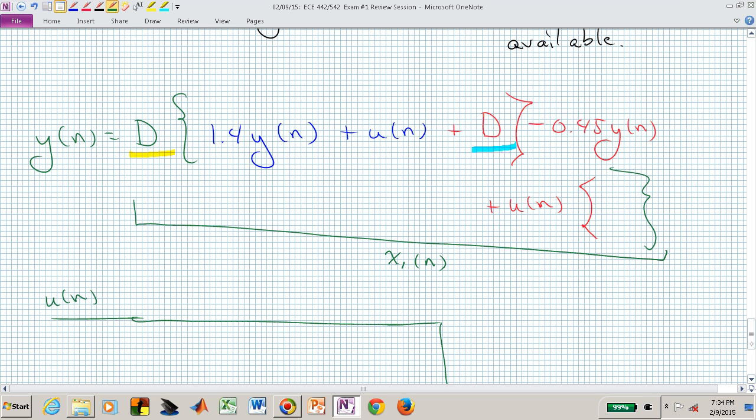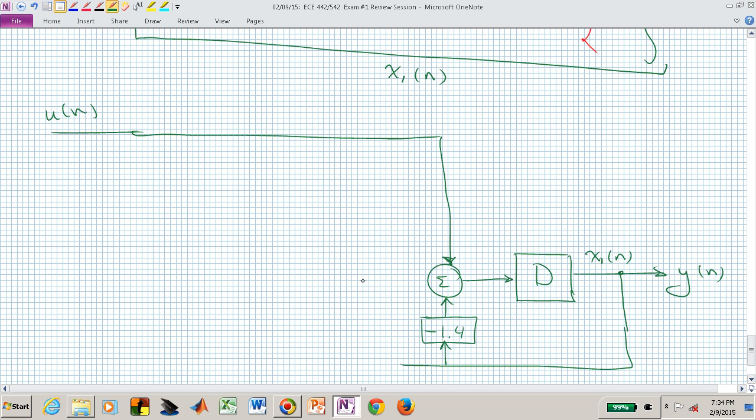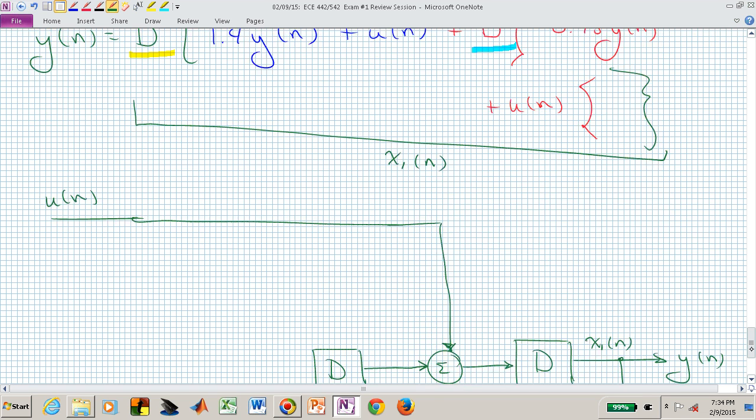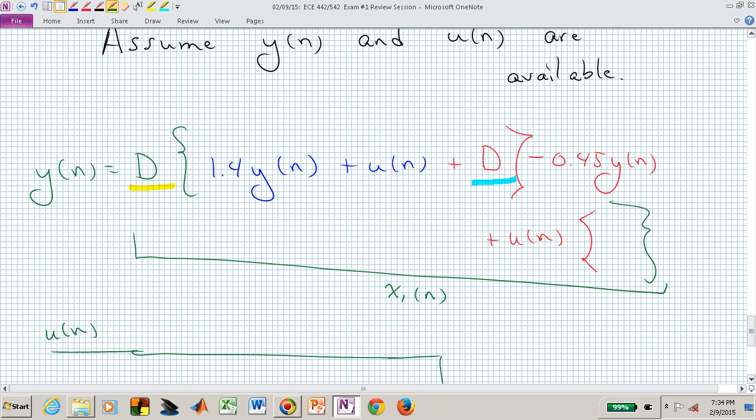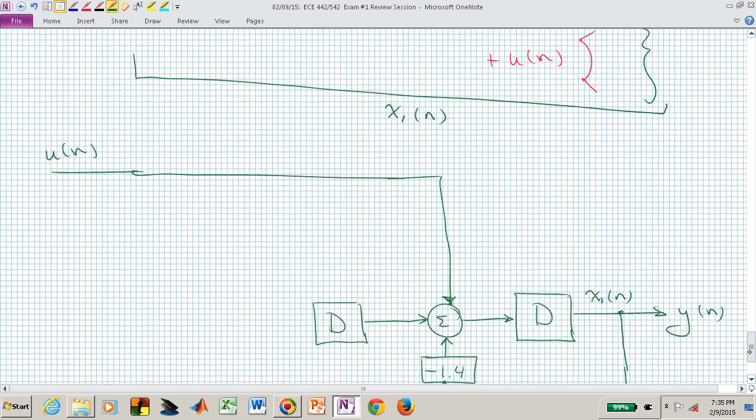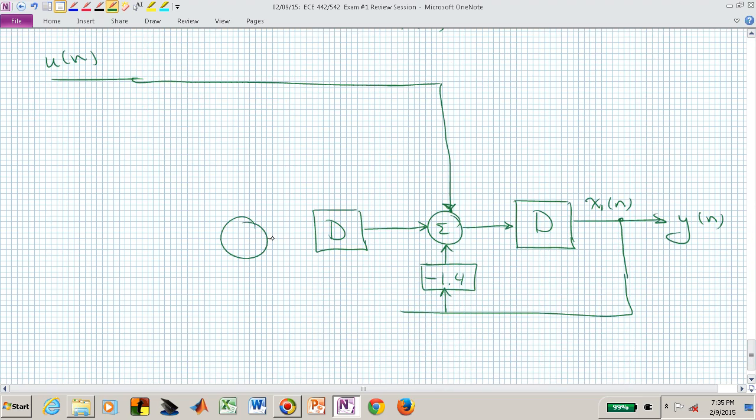And that red stuff is coming out of another delay. And what's in red, or what's going into this delay block, is again a linear combination of y and u. So that this red block, maybe I should have color coded this more, but I now have